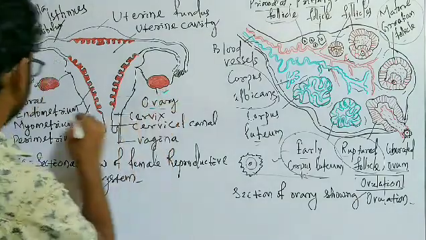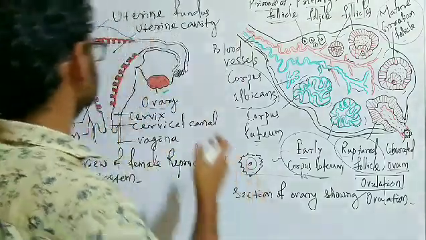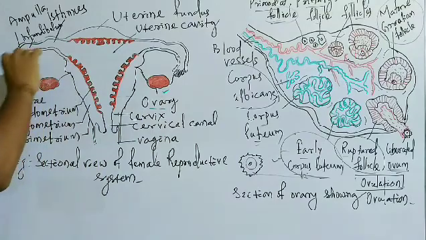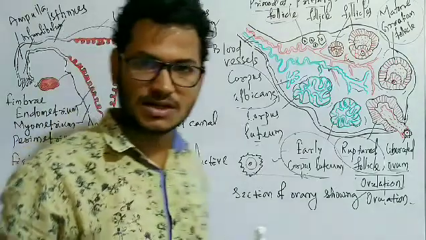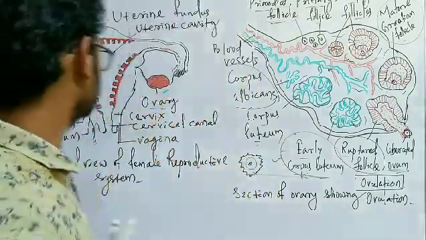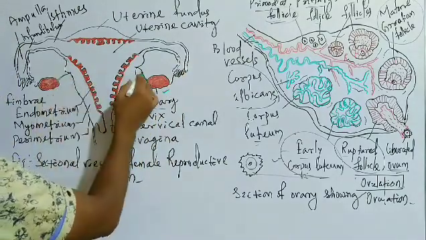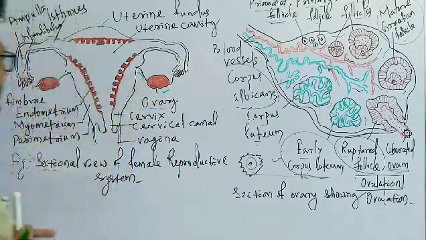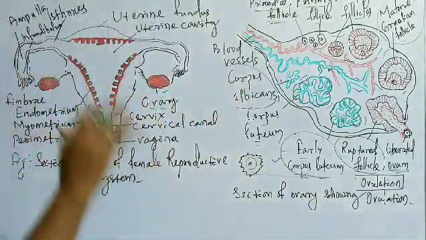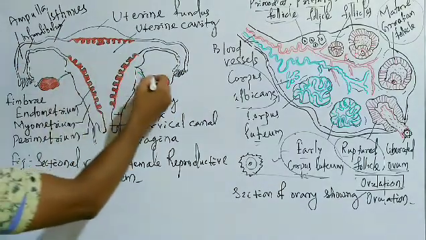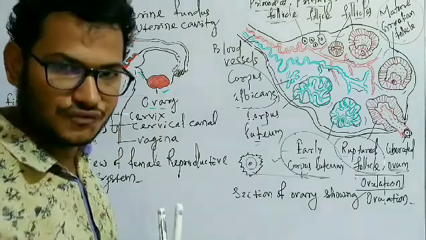These are the ovaries, and they are present on both sides of the uterus, attached with the oviduct, which is also known as the fallopian tube or the uterine duct. It is also attached with the help of the uterine ligament to the uterus. So these are the two ovaries on either side of the uterus. Away from the ovary, these ducts that connect the ovary with the uterus we call the oviduct or